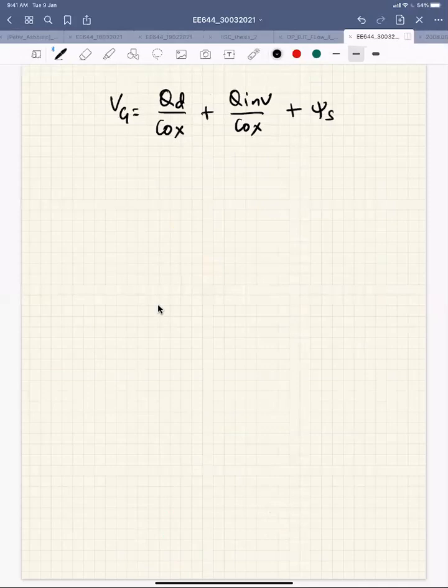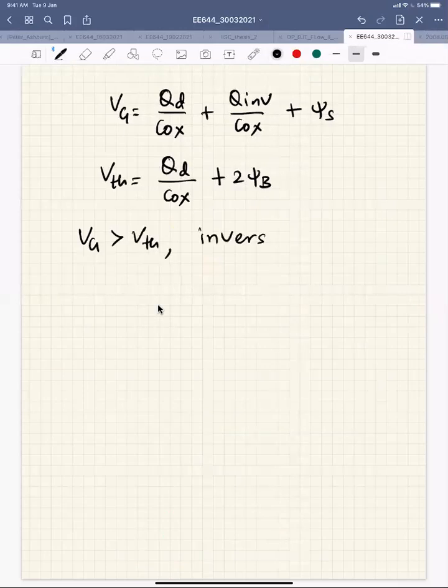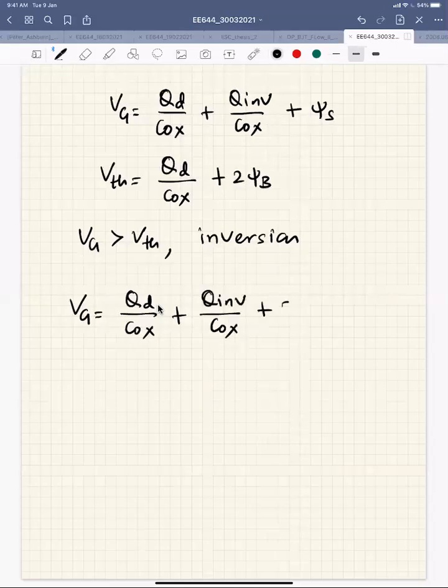Your threshold voltage is QD by Cox plus 2 psi b, right? When Vg is greater than Vth, that means your device is in inversion condition. So my Vg is nothing but QD by Cox plus Q inversion by Cox plus 2 psi b,